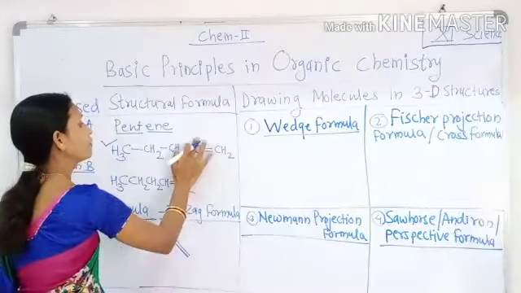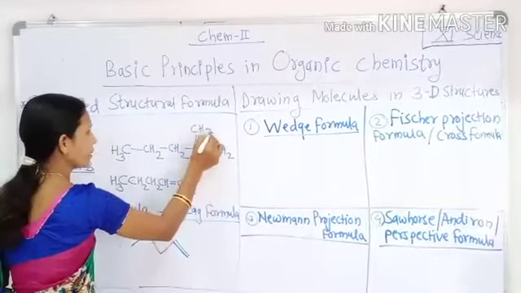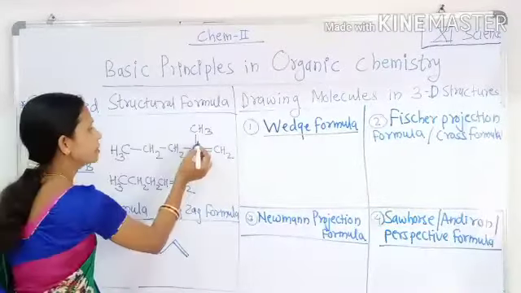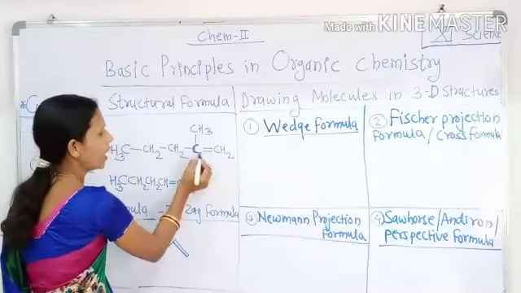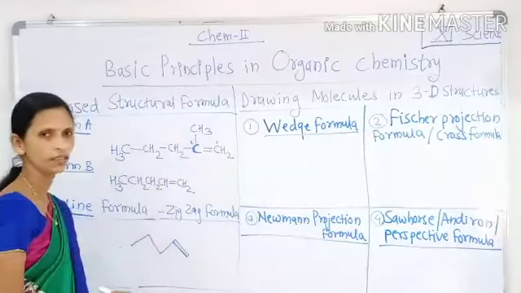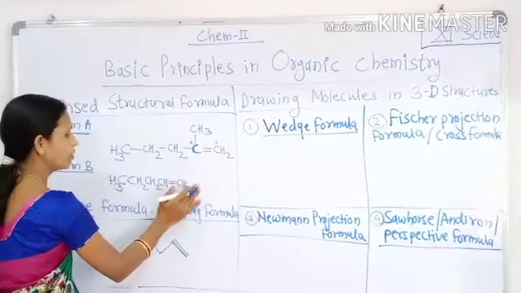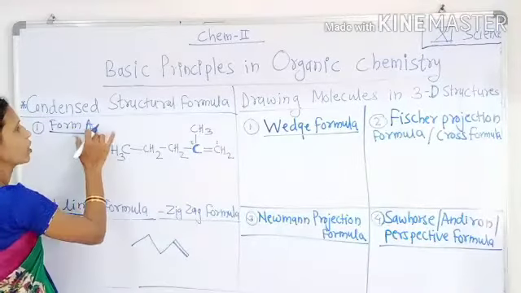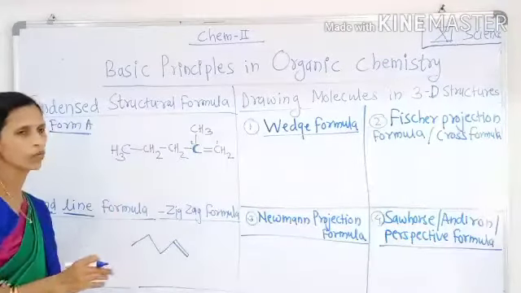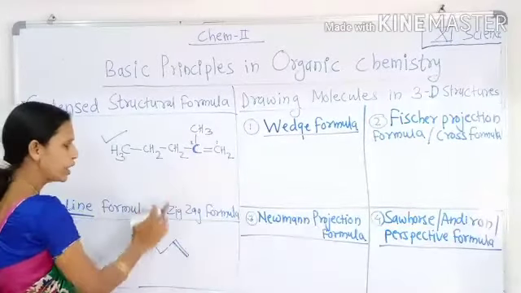Similarly, we can write one more structure of this compound, where there is a branch at the second carbon atom in this pentene structure. Then we can write the condensed structural formula for it, only in form A, the condensed structural formula in form A. Then we can write the bond line structure